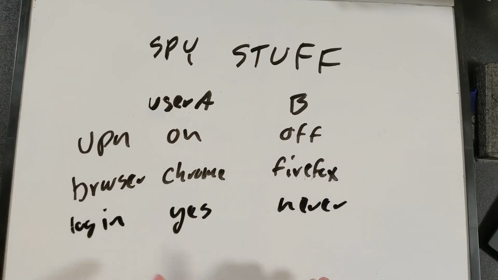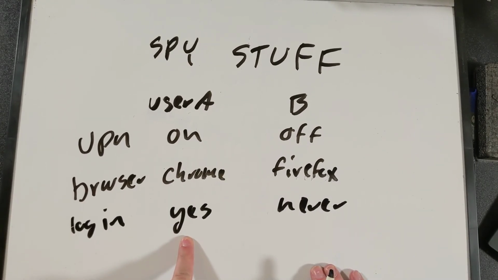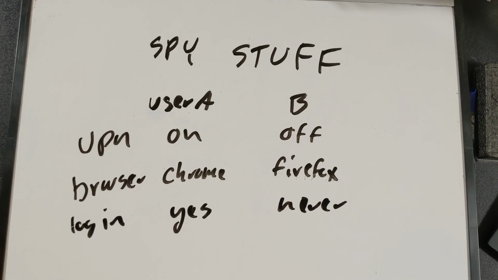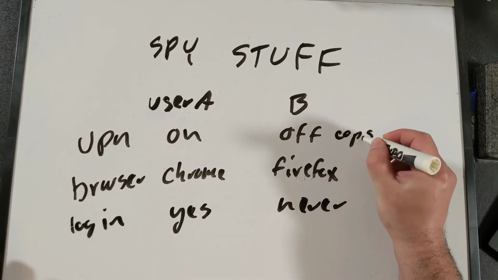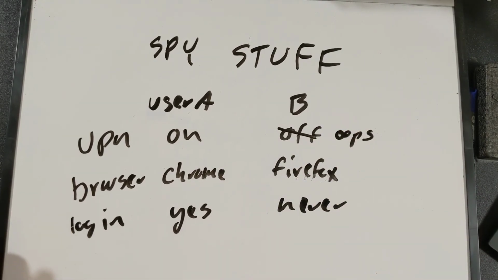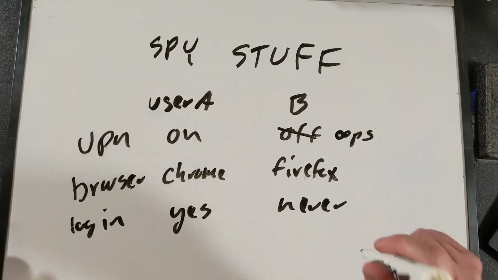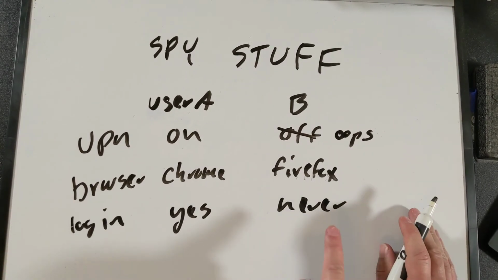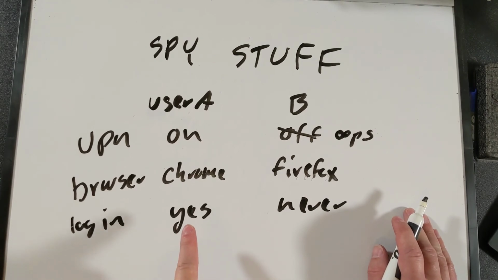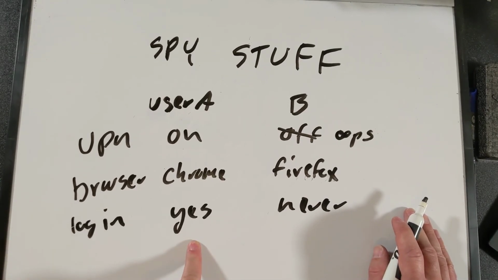All right, and we'll log into our Google account when we're on Chrome, and we will never log into our Google account when we're on Firefox. So this will work for a little while, and then you make one mistake, and you oopsie turn on your VPN when you're using Firefox, and now they have a session record of this user who they recognize having the same IP address as this user who they also recognize.